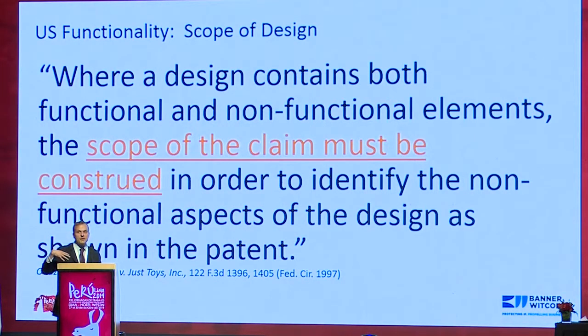The first is we need to make a legal construction of the design. So just having the picture up there isn't necessarily enough. You have to have a court make a legal determination of the exact scope of the design. And this is how we're going to deal with functionality. The court in this case, the Federal Circuit, the Court of Second Instance for Patents in the United States, said where a design contains both functional and non-functional elements, the scope of the claim must be construed. In other words, the judge makes the legal determination first in order to identify the non-functional aspects of the design